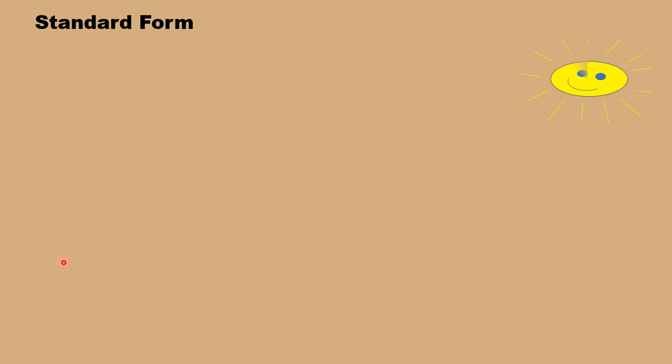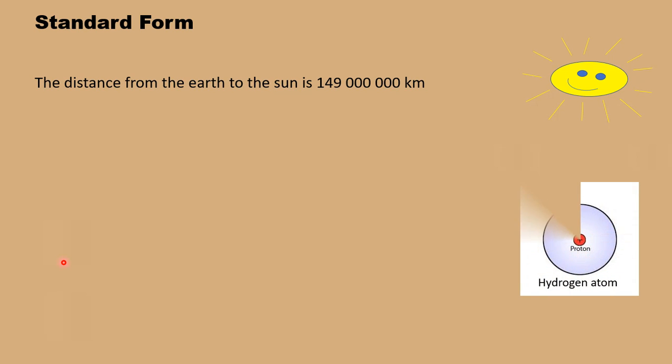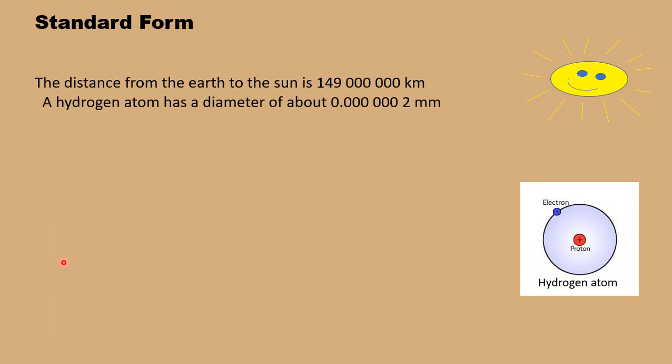So suppose the distance from the earth to the sun is 149,000,000 kilometer. Let us take another example. The hydrogen atom has a diameter of about 0.0000002 millimeter. Now in both the examples we have one number that is very large whereas the other number is very